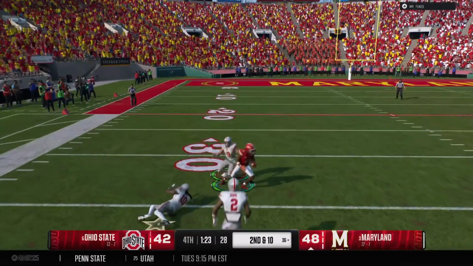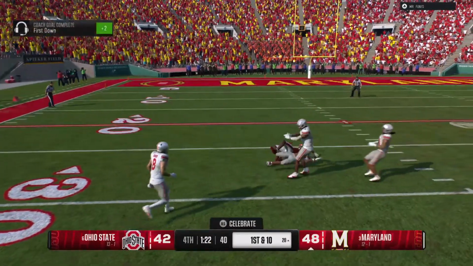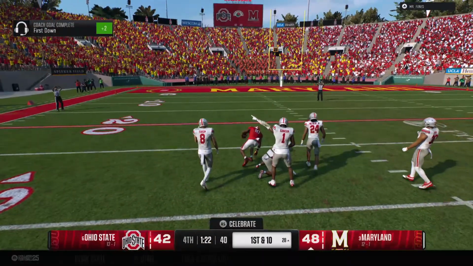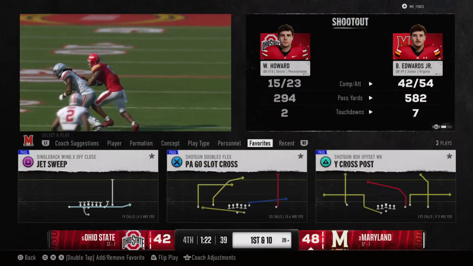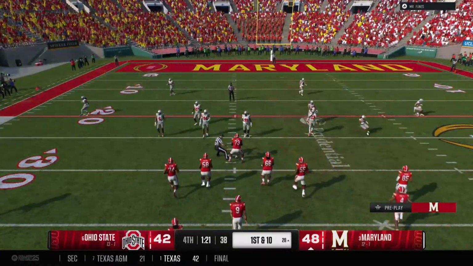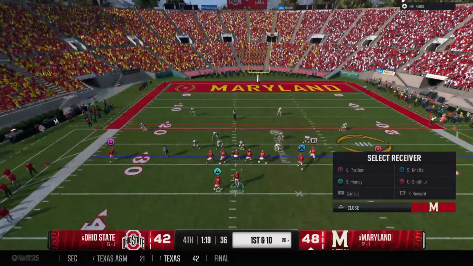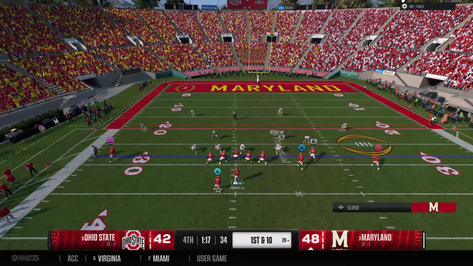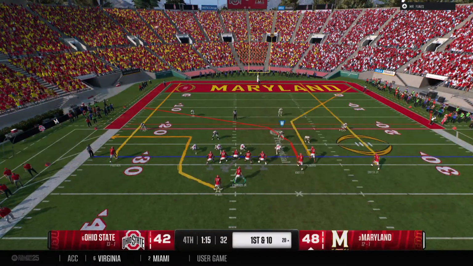The catch is made for a huge pickup. Tackle is finally made, but it's down to the 28-yard line. The defense is spread all over the field, creating some one-on-one matchups, and the quarterback makes them pay for it. Another chunk play. This offense is really clicking.